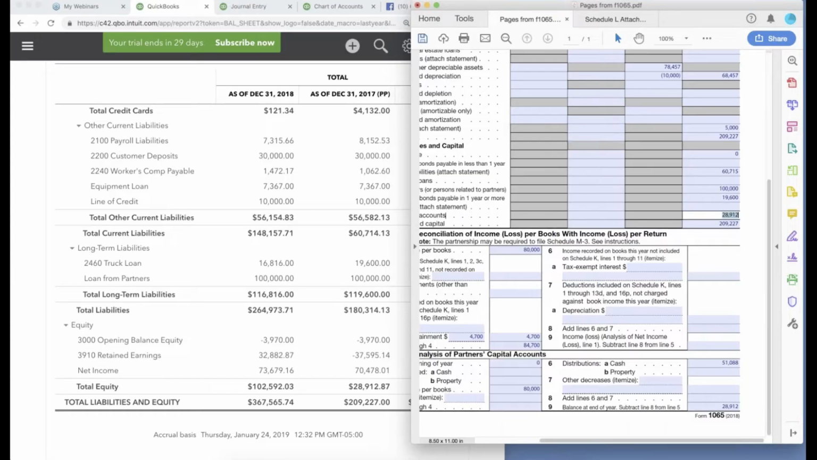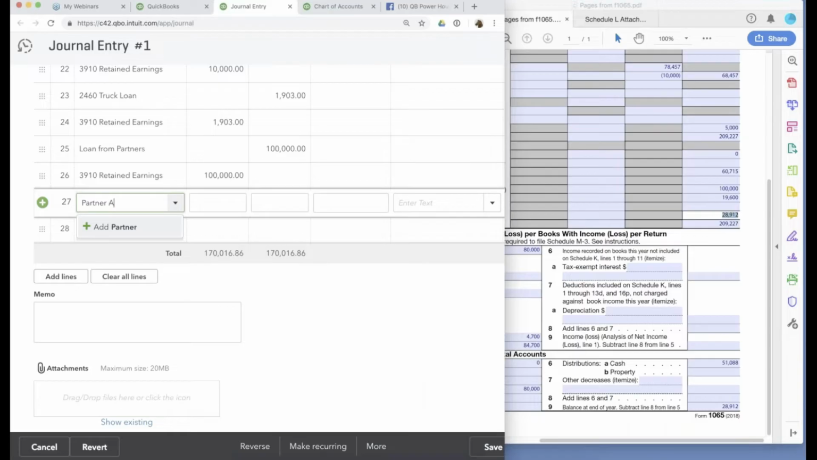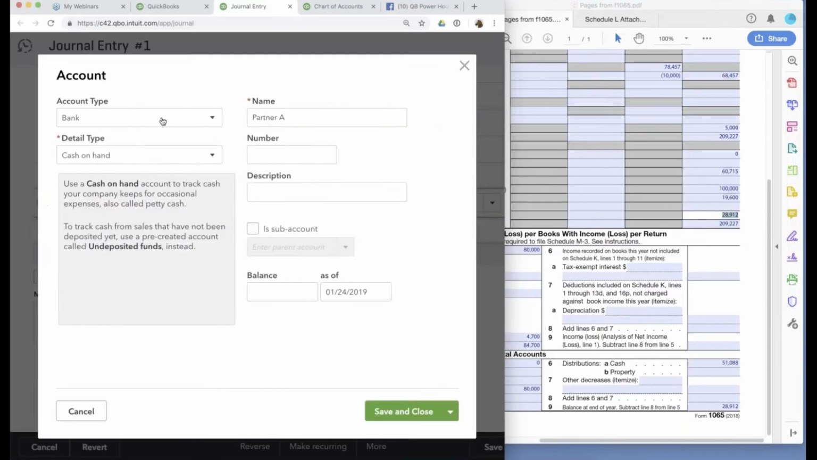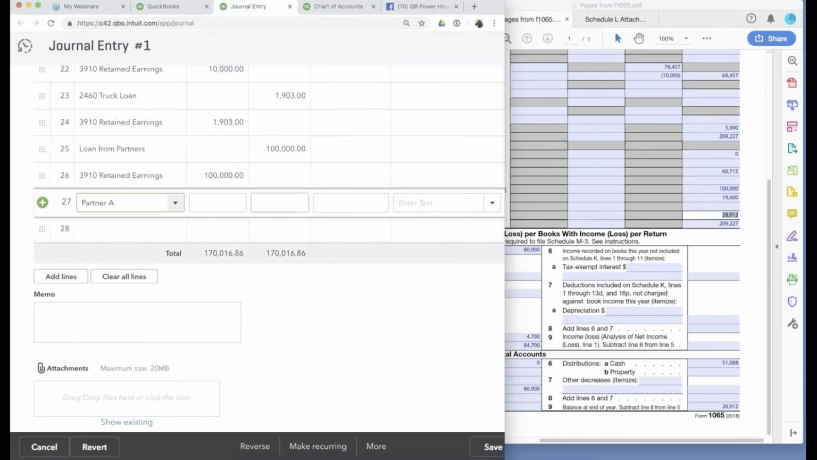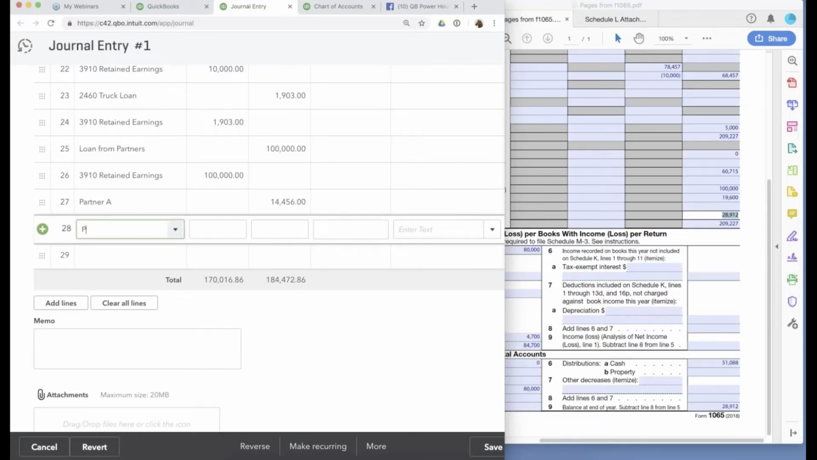So let's go to journal entry here, and we'll do partner A, and that would be equity. Okay, and that's going to be half of that, so 28,912. And then that's going to be half of that divided by 2. And then we have partner